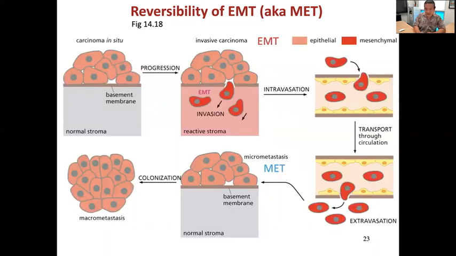Okay, last slide for today is again a different way of summarizing what we've been talking about, but in a more cartoony form. So the versatility of EMT. Here you have the in situ carcinoma that's being limited by the basement membrane and the normal stroma. As the tumor gets bigger and bigger, it's getting stressed out by the challenges of needing more nutrients, needing more oxygen. It stumbles upon mutations that allow it to go through the angiogenic switch and also begin to attract things like the wound healing response. So you have a breakdown of the basement membrane, and you have some of these now invading into the reactive stroma.